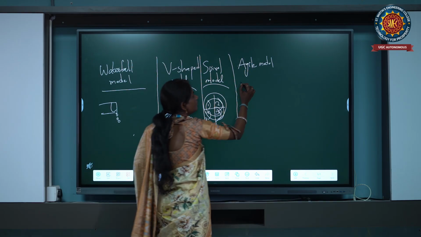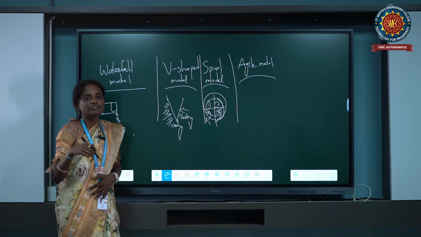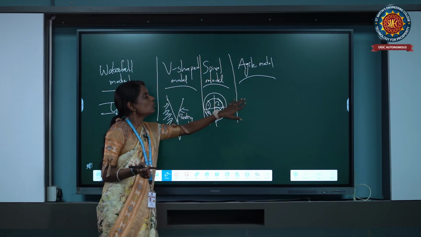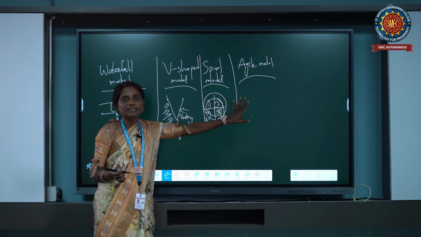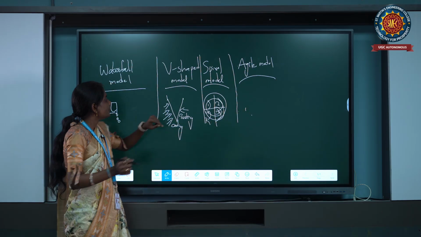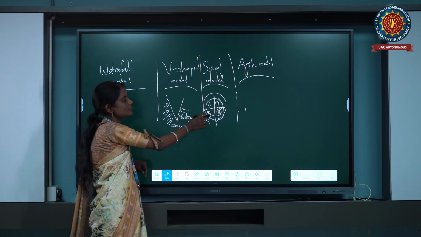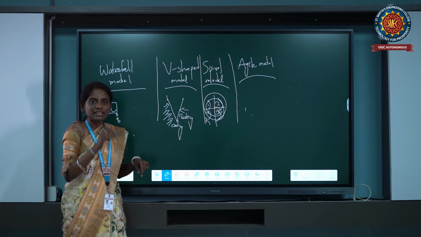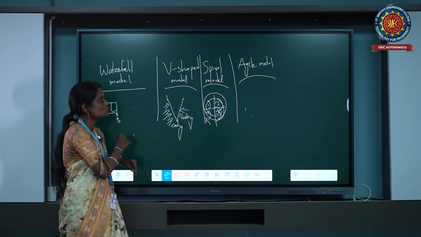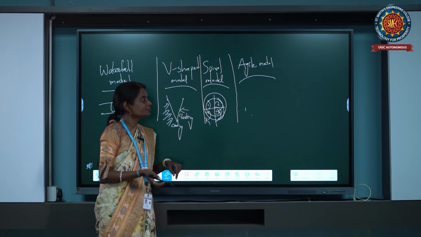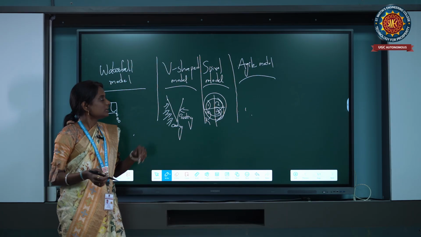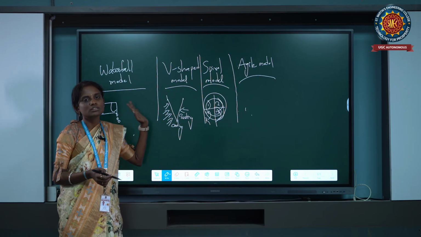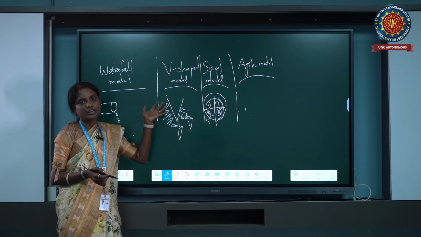Whereas in the next model, agile, we have different levels, and when compared to the spiral, we get a more accurate and more efficient product in the agile model. So we'll be using these different types of models in the SDLC based upon the product required, the teams, and the organization. Based upon the client requirement only, we'll be choosing the model for developing the software product more efficiently.